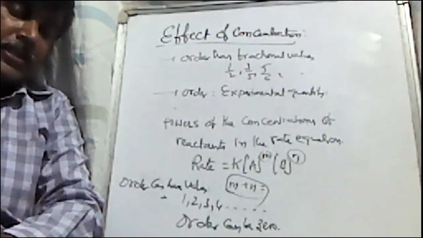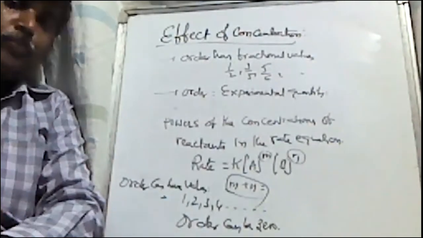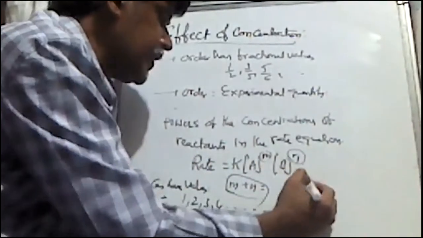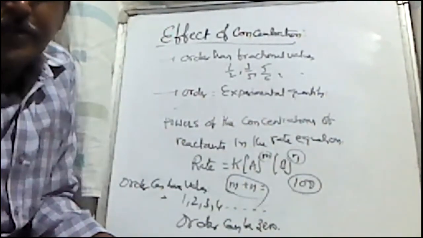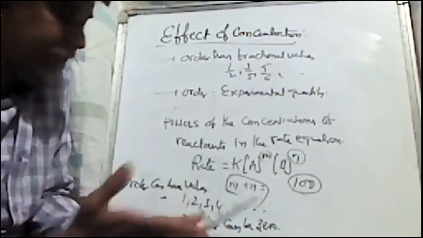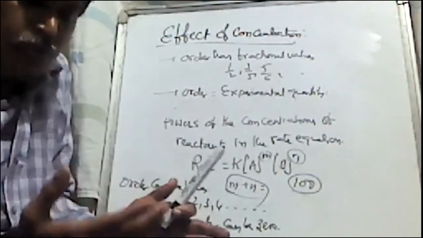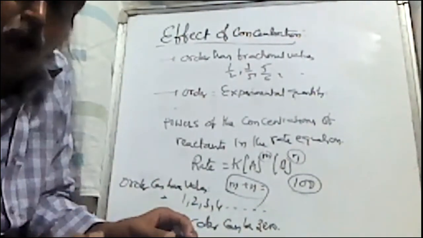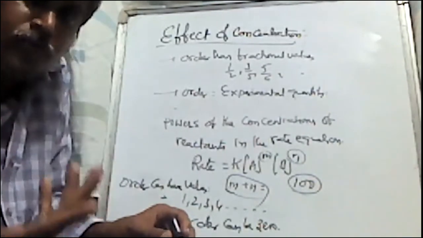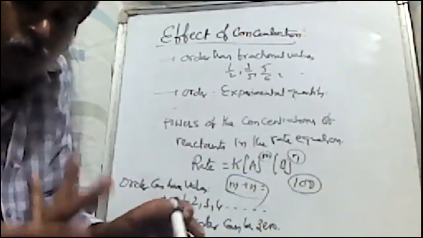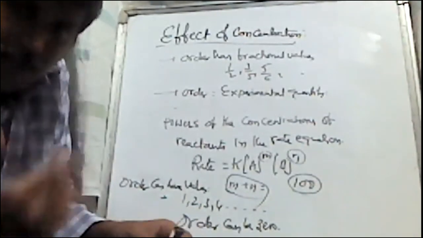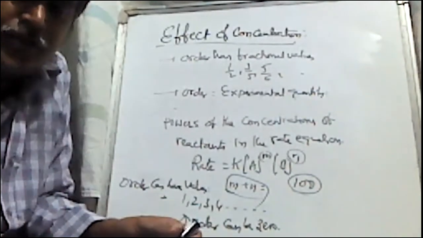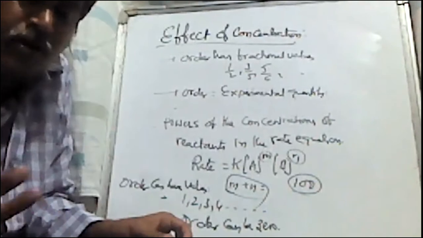Right? Order is not a theoretical quantity. Let me give an example to explain this. For example, in a class, there are 100 people. Suppose each one has a reactant, then how many reactant molecules are there? 100. But how many are listening? How could I know? I have to do an experiment. I have to ask questions. If I ask questions during the class, those who are answering are listening. Those who are not able to answer, maybe they are not listening properly.